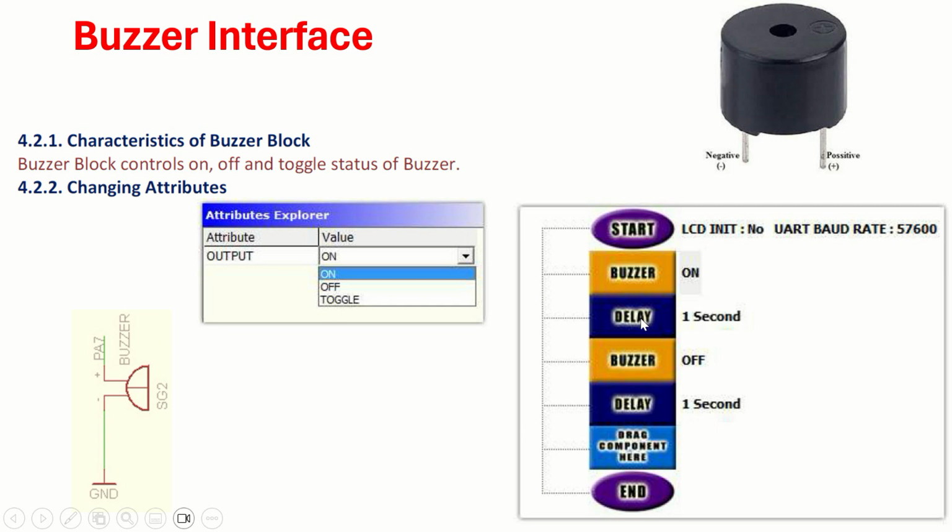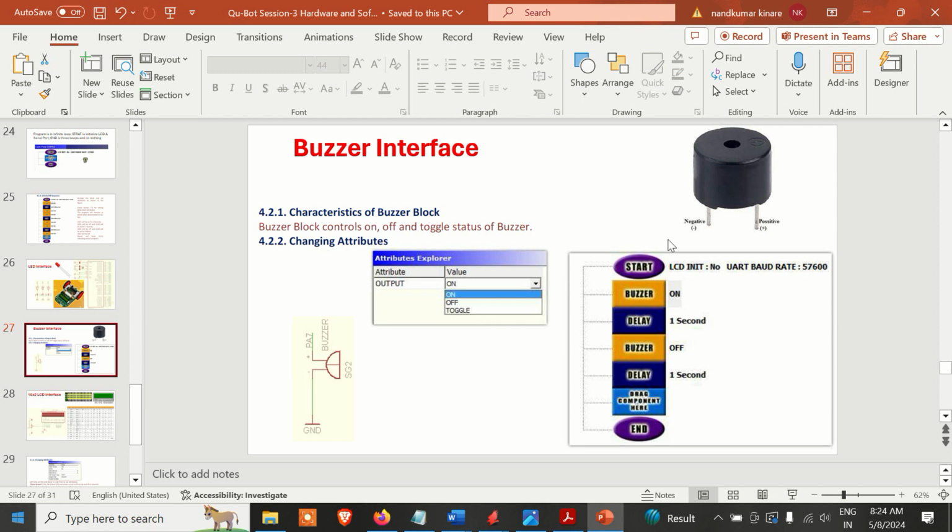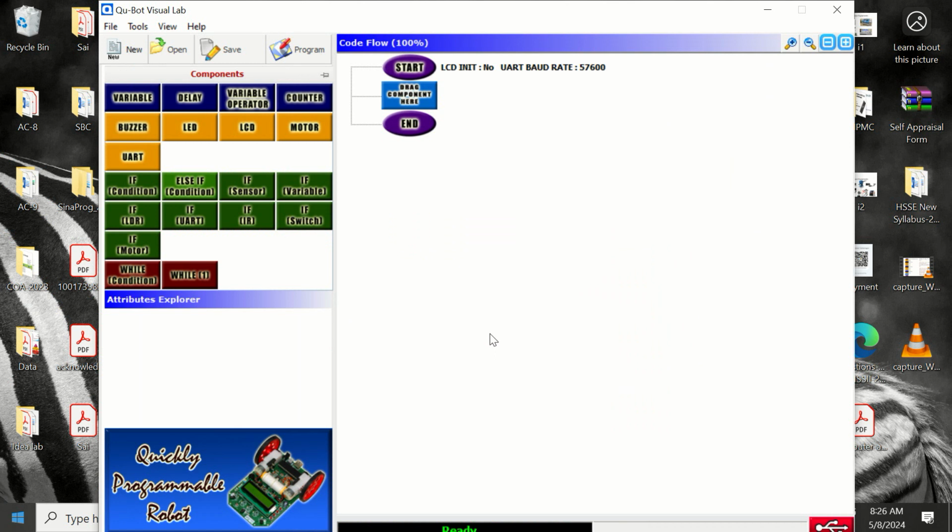So in terms of programming, let's look at the program. You can write as many programs as you want. One is, let's say you have selected buzzer on, then delay, buzzer off, delay. So between start and end, you have chosen four components. When you say on, you have selected the on attribute. When you say off, you have selected the off attribute. In between, there is a delay. So it's like a square wave: 1 second on, 1 second off, this buzzer will be. All right, so let's see the